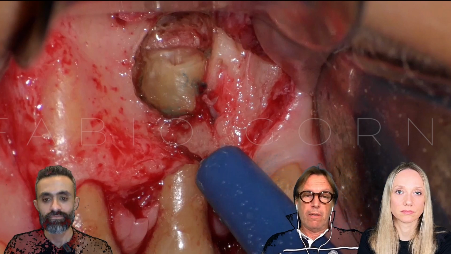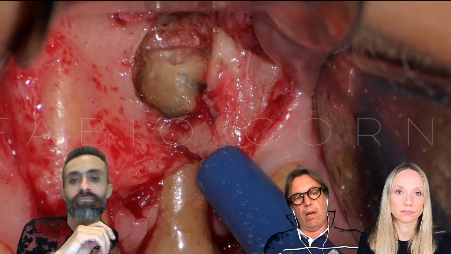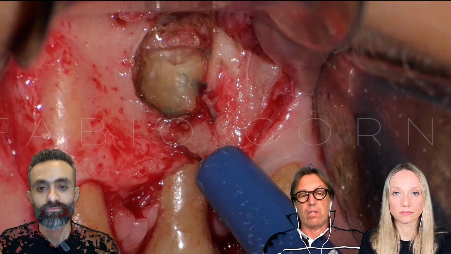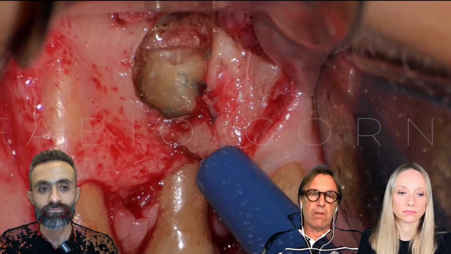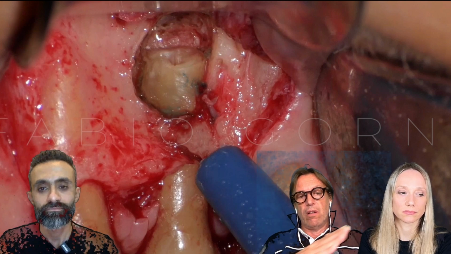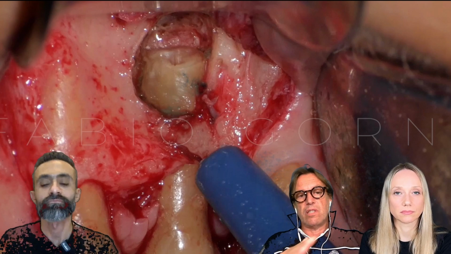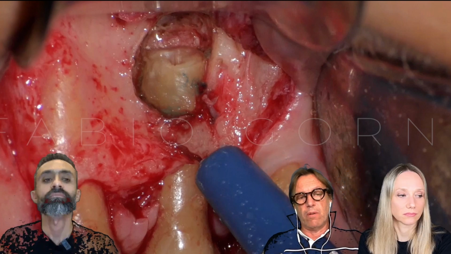Sometimes the bevel also completely changes our possibility to save part of the root. For example, when the lesion is completely mesial or distal, we can change the bevel following the lesion and save sound bone in the other part of the osteotomy.